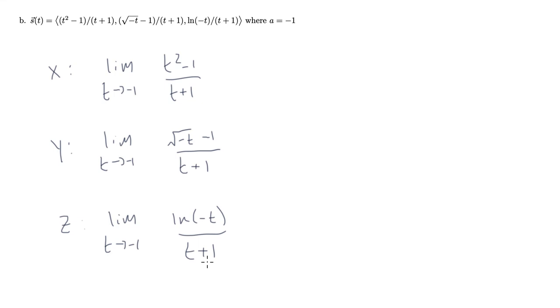Okay, and all of these can be solved using L'Hopital's rule. You don't have to use L'Hopital's rule, but that's kind of the name of the game at this point. You have this really powerful tool, so why not use it? I'm just going to tell you what I get. Here we get -2, here we get -1/2, and here we get 1. And so the limit as t approaches -1 of this vector-valued function is just the vector -2